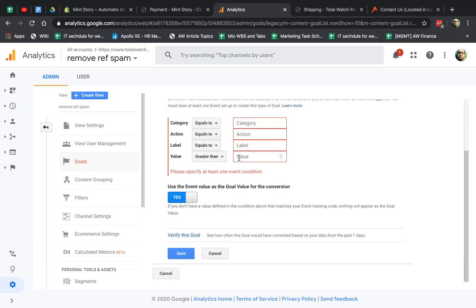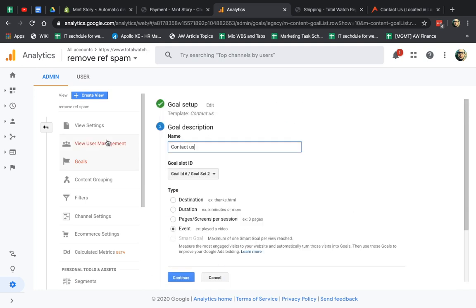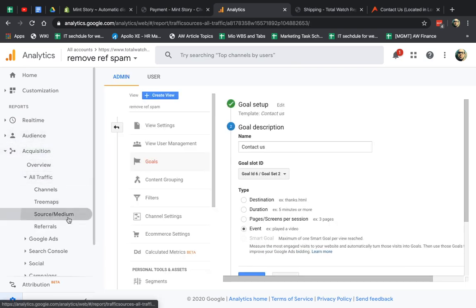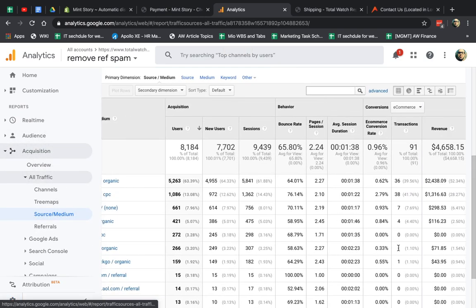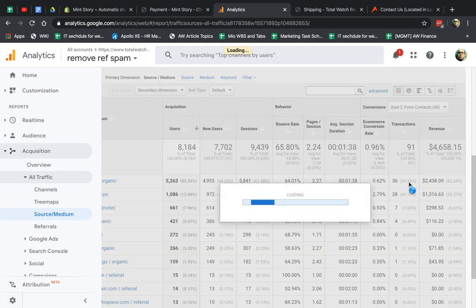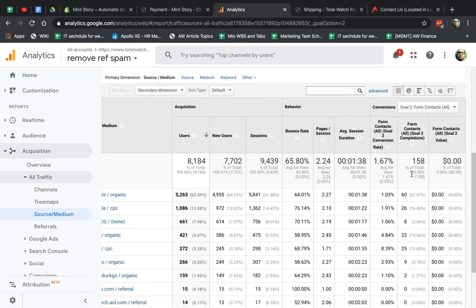Now, there's more things for goals, and I've already made videos for this, but I just want to explain the concept of this. So once you set up these kind of things, you can go to any report. Just for example, you go to this report, and you can see the goals, right? So for example, I have a goal for my forms, and you can see the forms itself have been triggered, and they're right here. The amount of completions, the actual value if you set a monetary value, which we didn't, and the goal percentage, how many people visit versus how many people actually do this business goal.